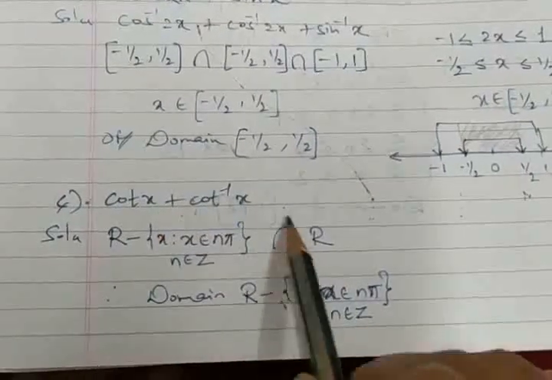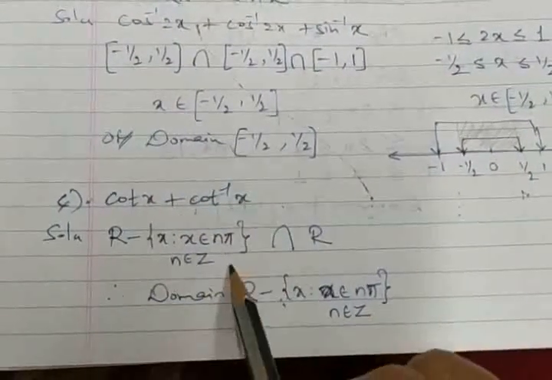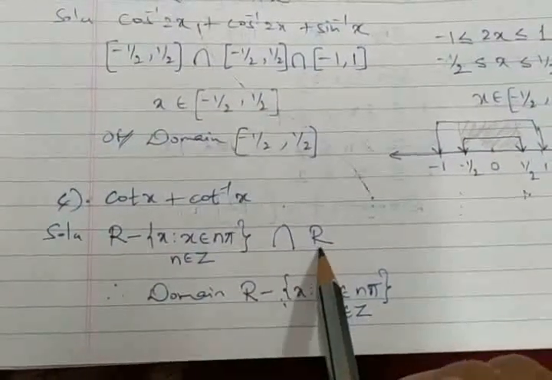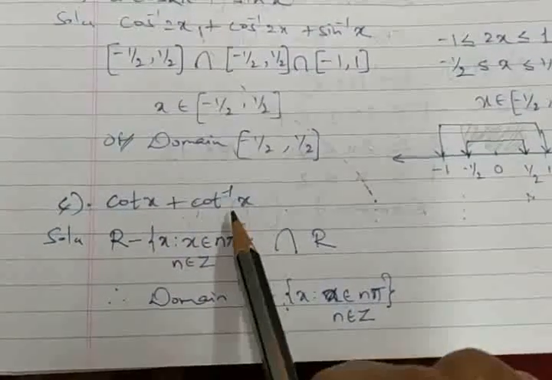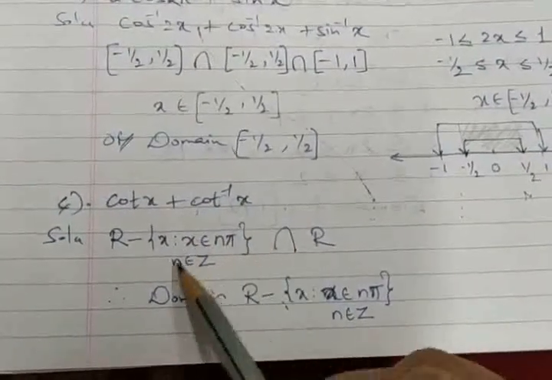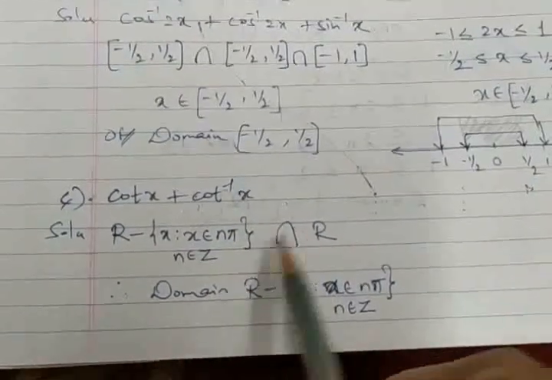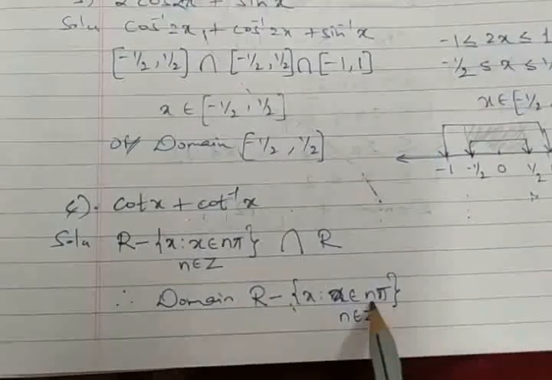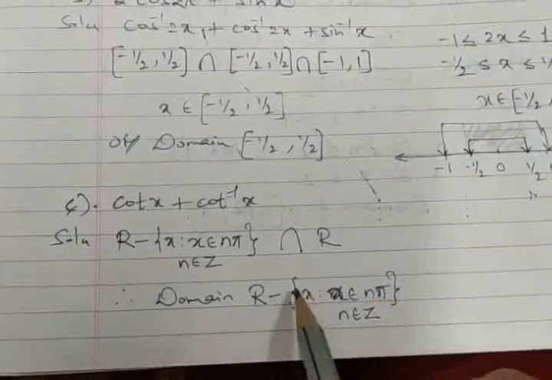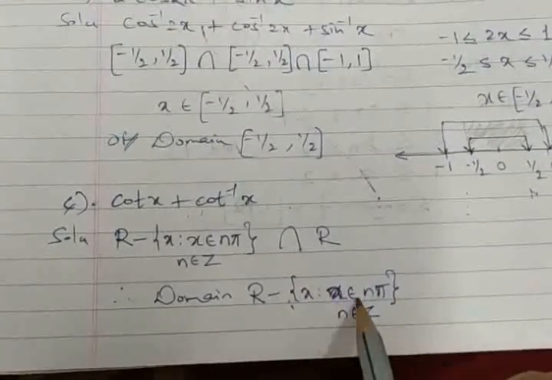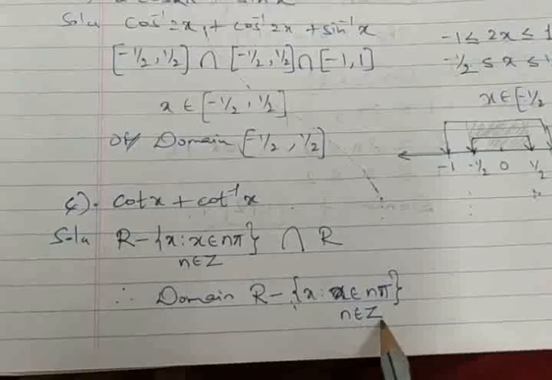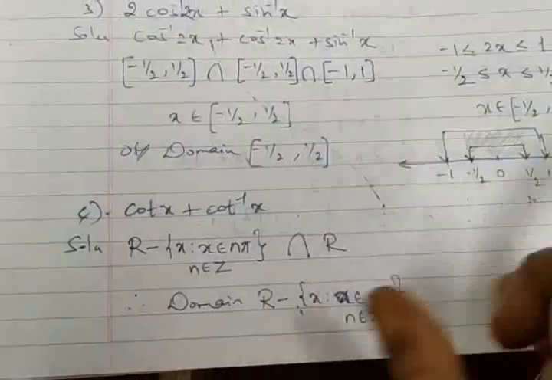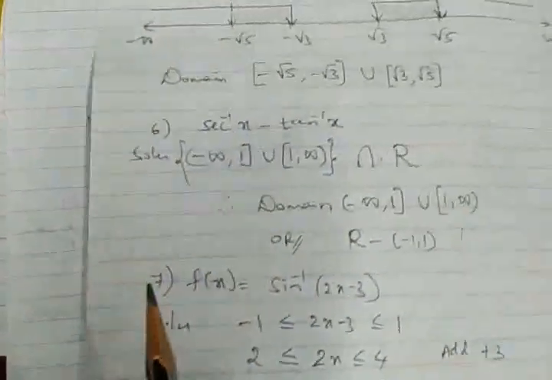So what's the intersection of these? You can recollect here: the whole number line is taken for real numbers, while here all real numbers are included except n pi. So the intersection is going to be this only, no? The common part. That means the domain should be all real numbers minus n pi, which is the set of elements x such that x is not equal to n pi, where n belongs to the set of integers. This is how we write the domain, isn't it? So this is how we go for the domain part, and a few more examples are taken here.